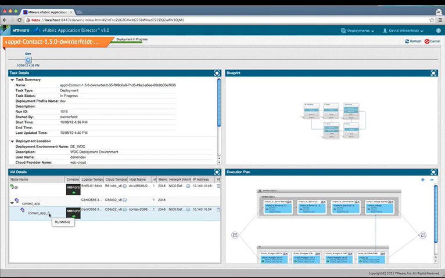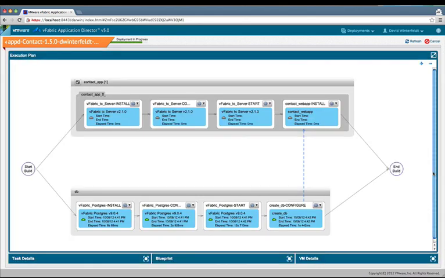And you can see that there's only one node of this configured, and we could run a scale out on this and increase the number of nodes. I'm going to expand this so we can just watch it from the execution plan. As soon as the contact app node is finished provisioning, it'll start installing TC server. Since the database node is already completed, it's actually already completely finished its installation and created our database. If for some reason the contact app had run first, it would have actually waited